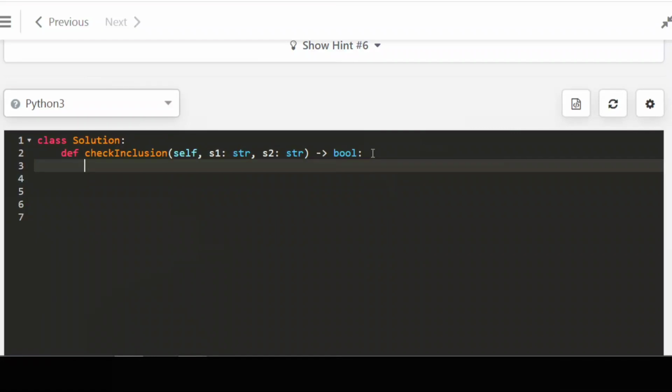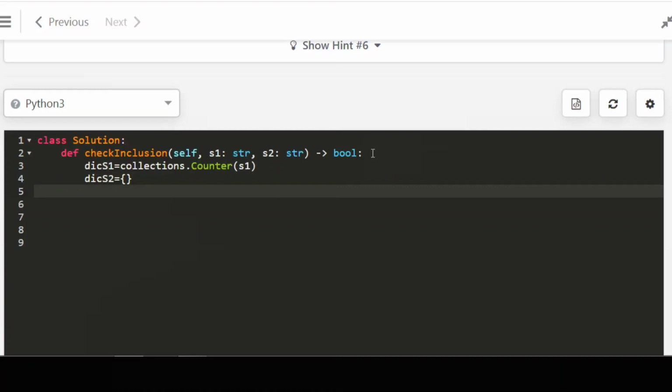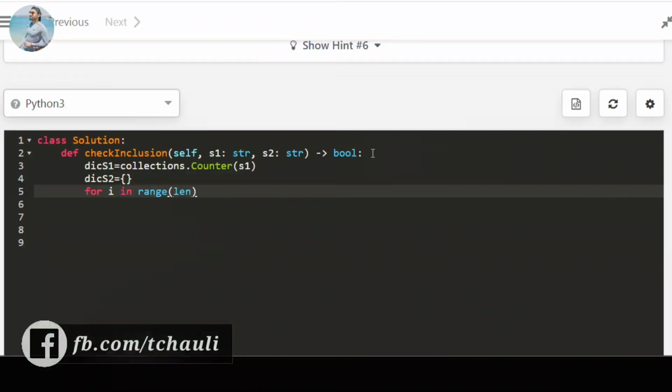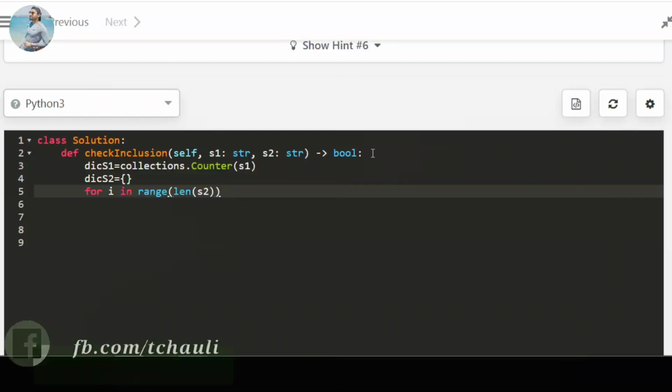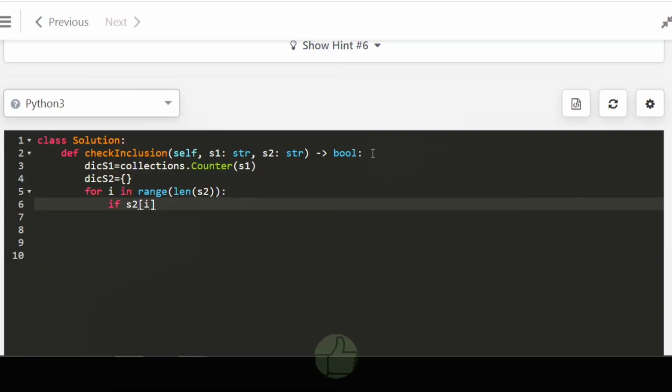First, we will count the S1 characters with the help of the counter function, collections.Counter(S1). Here we count the characters present in the S1 string, and next we will take a dictionary for the S2 string. For i in range(len(S2)), we iteratively check all characters until we get a permutation of S1.